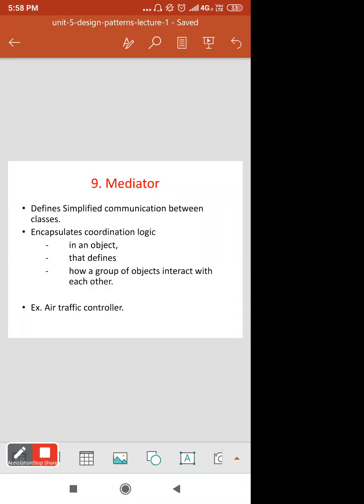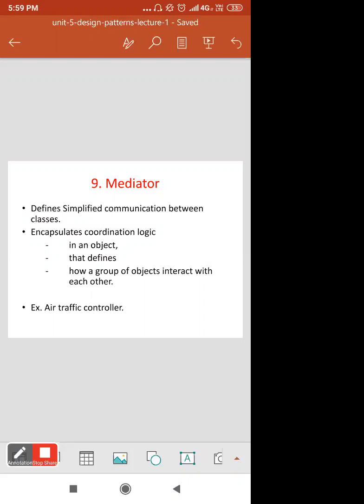The mediator defines simplified communication between the classes. So the role of the mediator design pattern is to mediate between one or more classes. It encapsulates coordination logic in an object that defines how a group of objects interact with each other.